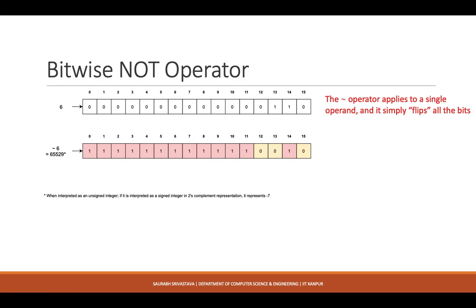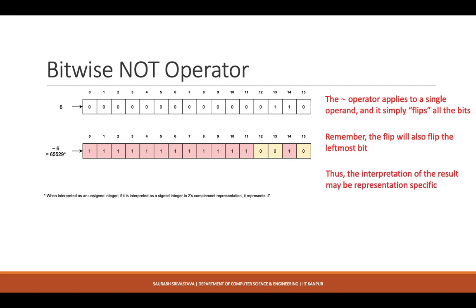In the NOT operator, you only have one operand. So again, this is the operand, and you can see that basically now all these leading zeros get flipped to 1. And this is one of the issues, because this flip, depending upon how you are actually storing the numbers, could also cause a major issue